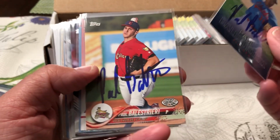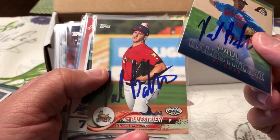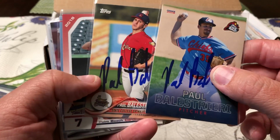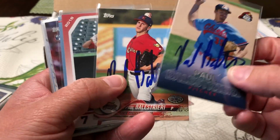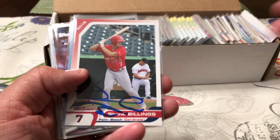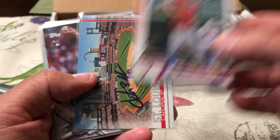One of my favorites, Paul. And I mean, I could have this guy sign as many as I want to. I had some more pro debuts, but I didn't have him sign them because I have a bunch. But on his Chiefs card and his pro debut,